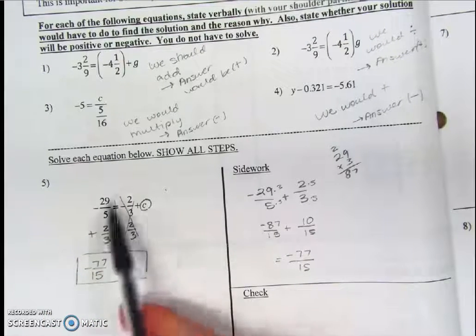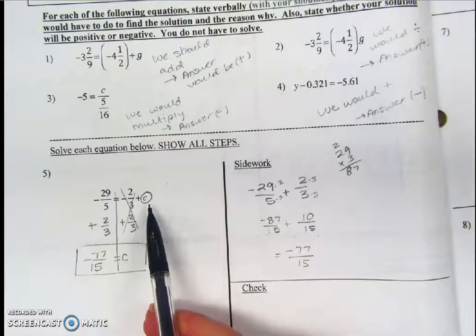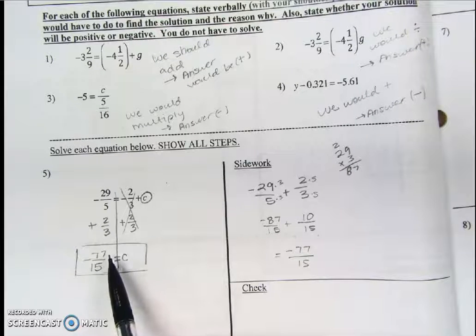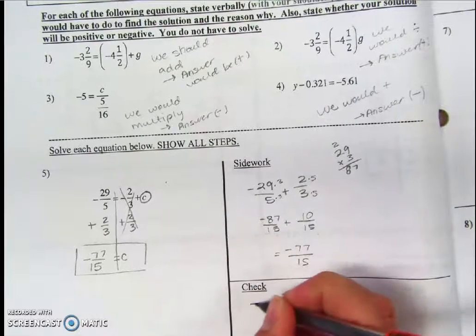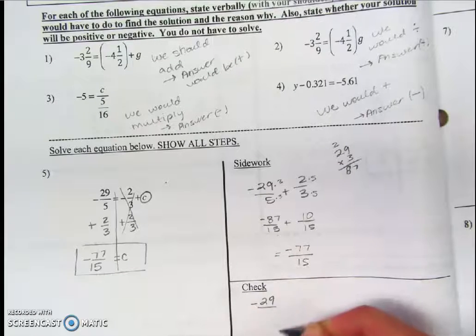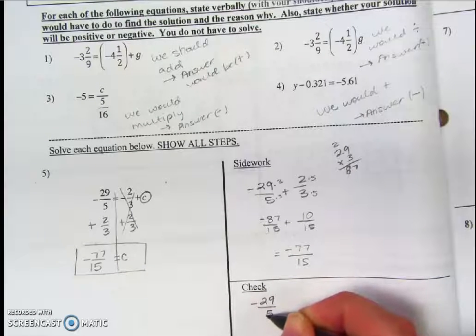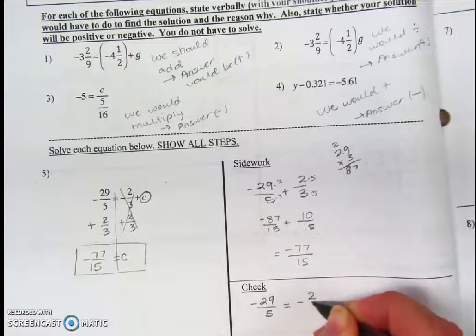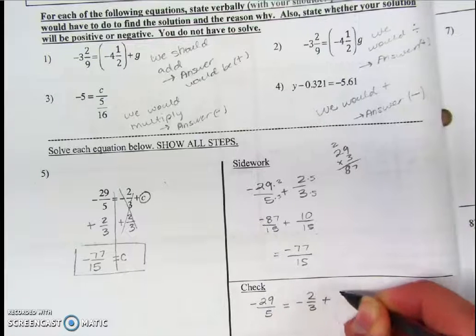All right, so how do we check that that's right? Remember, we take this original equation and we plug it in. We're going to replace that C with what we think it equals. So that means in our check, we're going to write the original problem. Negative 29/5 should be equal to negative 2/3 plus our answer, negative